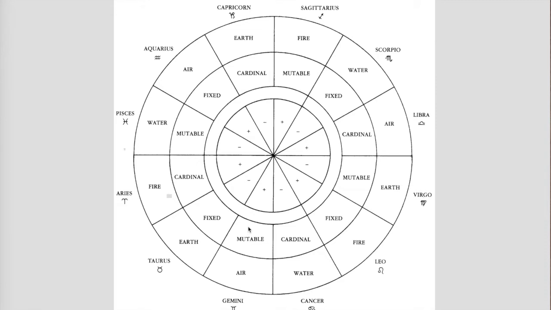So the masculine axis of the mutable cross is Gemini and Sagittarius, where you have the masculine air and fire, and Sagittarius, again, this is sort of the adept stage, where you'd have somebody who's just getting interested in